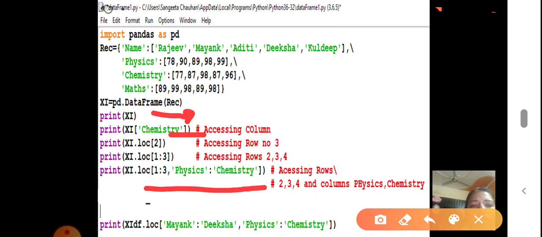The basic format of slicing is that if we write 1:3 in case of an array or a string, it starts from 1 and ends at 2, that is, less 1 from the last position. But here in loc there is no need for this. 1:3 means index label 1, 2 and 3. You have to reach the end: start from 1 and end at 3. There is no rule of less than 1 in loc. Clear?